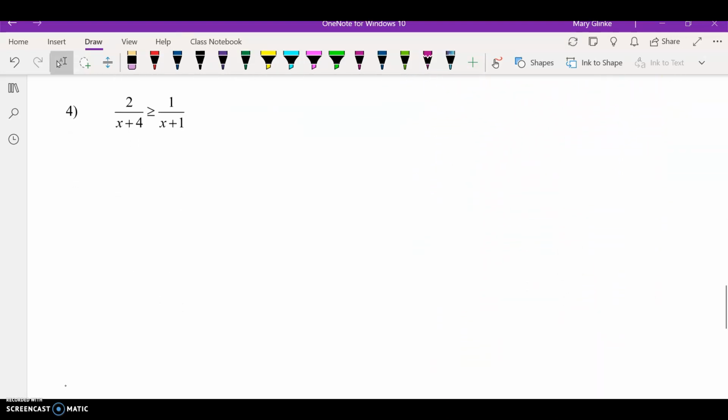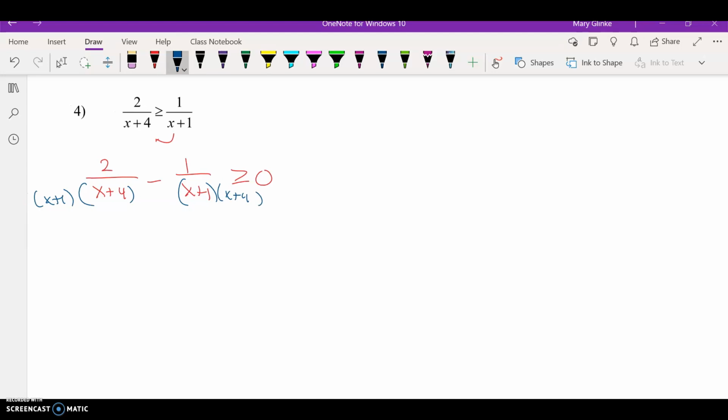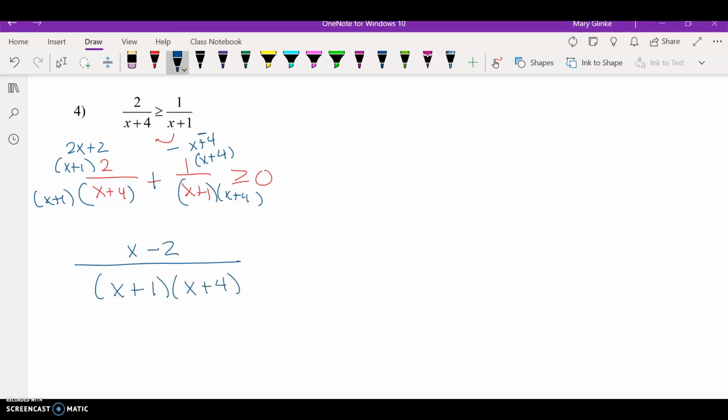So now we get to number 4. This is the first one where we don't have it already compared to 0. So we're going to have to move that fraction to the other side. And we're going to have to find common denominators. So once we know our denominator is going to be x plus 4 and x plus 1, we can go ahead and multiply the numerators and distribute those. So we get 2x plus 2 and an x plus 4, and then we're going to subtract this. So our new numerator becomes an x minus 2, and our denominator is x plus 1 and x plus 4,